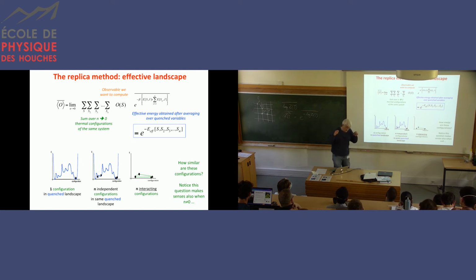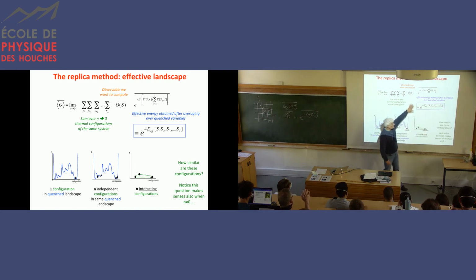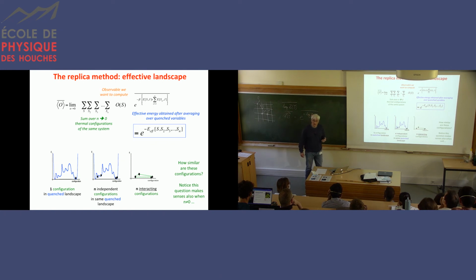Okay, so I'm introducing the overlaps and you will see that. I will come back to that. Just one thing I would like to say is that obviously everything I said here is the n going to 0 limit, but we will see, and I will come back to that tomorrow, that the n not equal to 0 values also have some interest. They can be very interesting because they can allow you to capture very detailed information about the system, which is not transparent here, but you will see that later tomorrow.